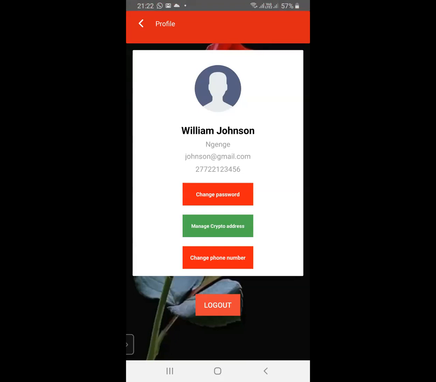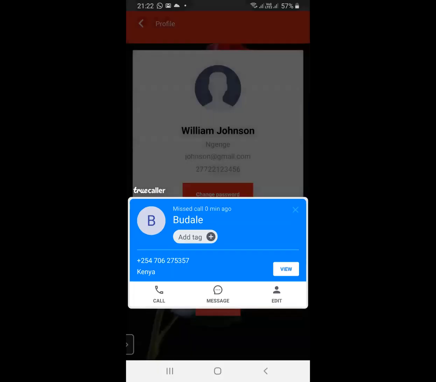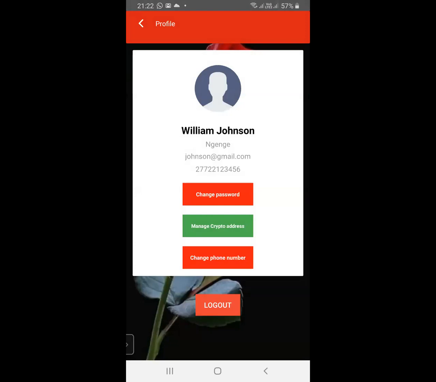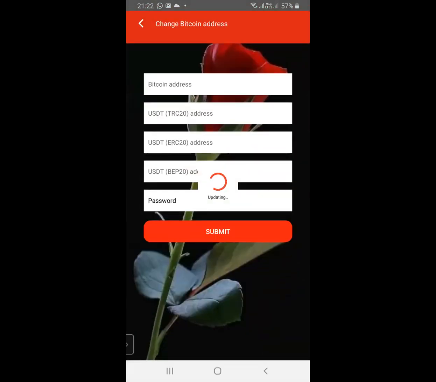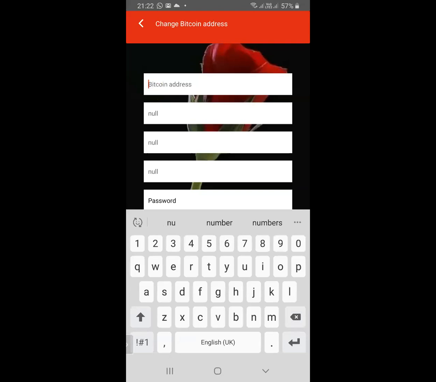And then you can put either your Bitcoin address, you're able to input your USDT TRC20.